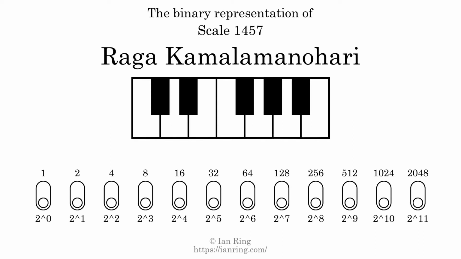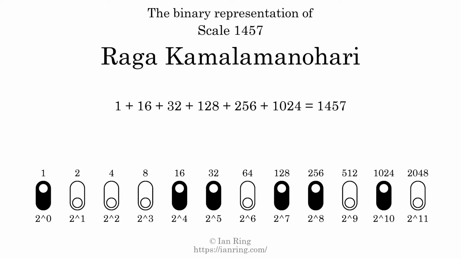The binary representation of this scale is determined by mapping tones of the scale to binary digits. Each binary digit represents a power of 2. To get the scale number, we add the powers of 2 together. The powers of 2 that are present in the scale, all added together, equals 1457. That is why the scale number, in decimal, is